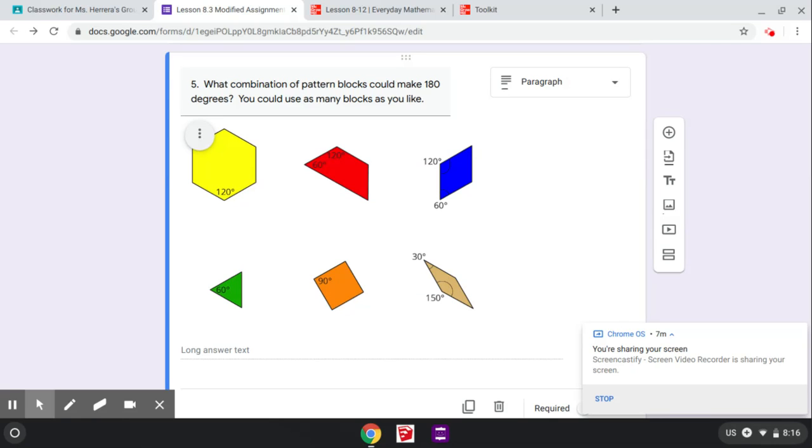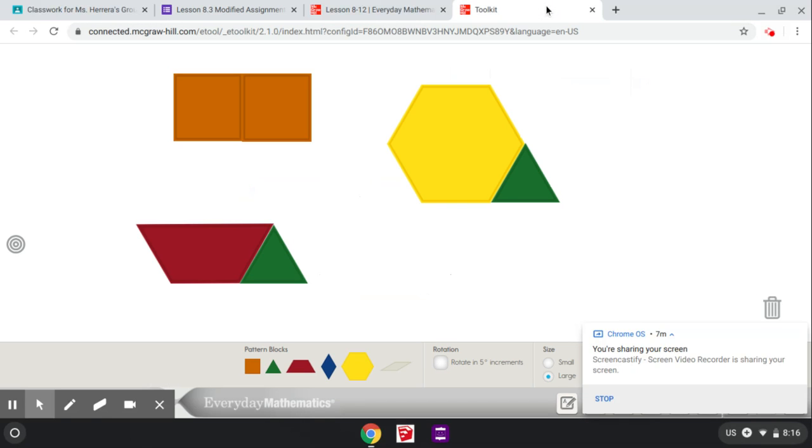There are so many combinations that you could have done here, boys and girls. Look, you could have done 60 plus 60 plus 60, right? So you could have done the triangle plus the trapezoid plus the large rhombus. Okay, so any of those combinations, and here's just an example of the angles that I'm looking at that make